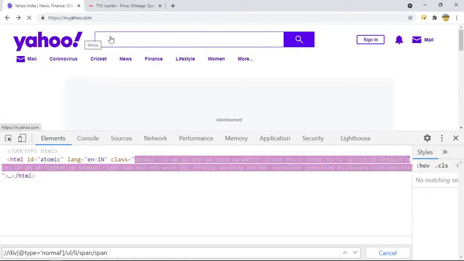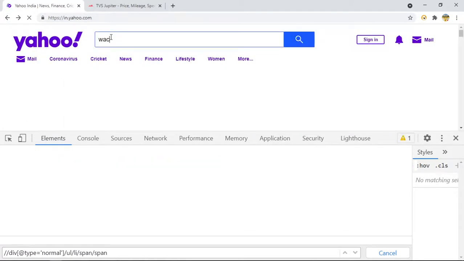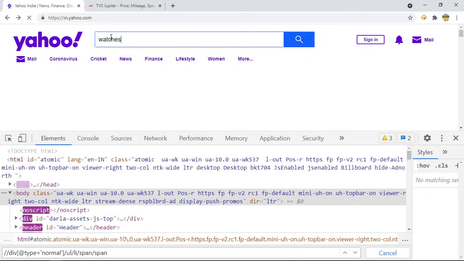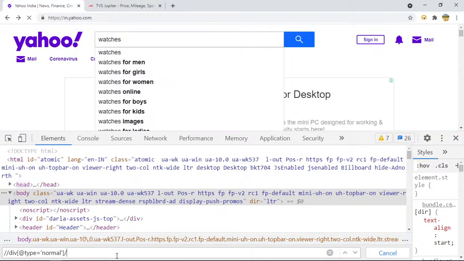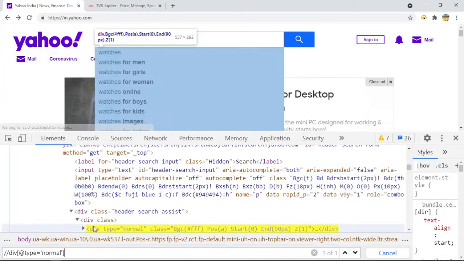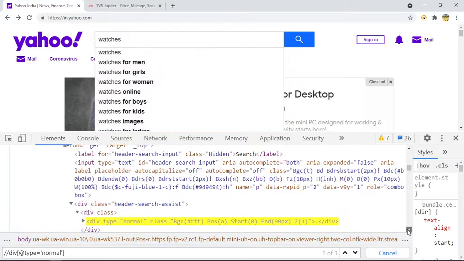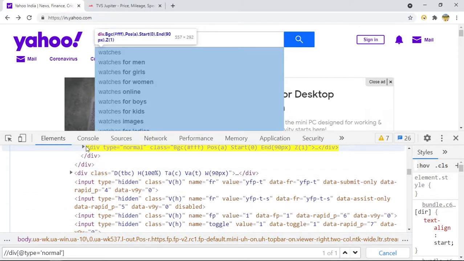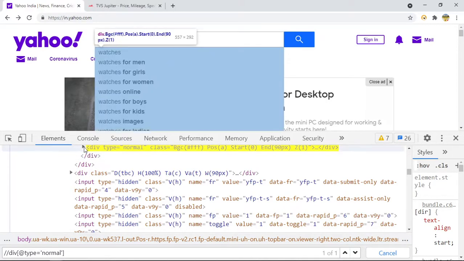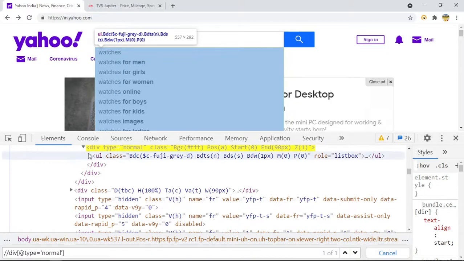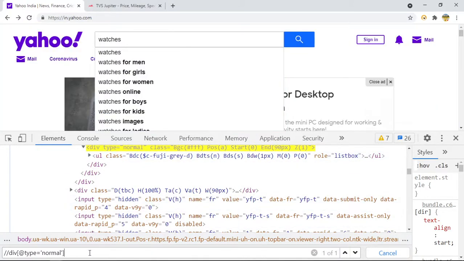So to do that, first I will write one common XPath. Like, how can I write? So first, if I do like this, it is the entire box. Inside this, all our data will be present. And after that, inside this, all the data is present, which is watches for men, watches for girls, watches for women. So from this, I will try to go inside. After that, it is slash ul. So I will get inside slash ul.